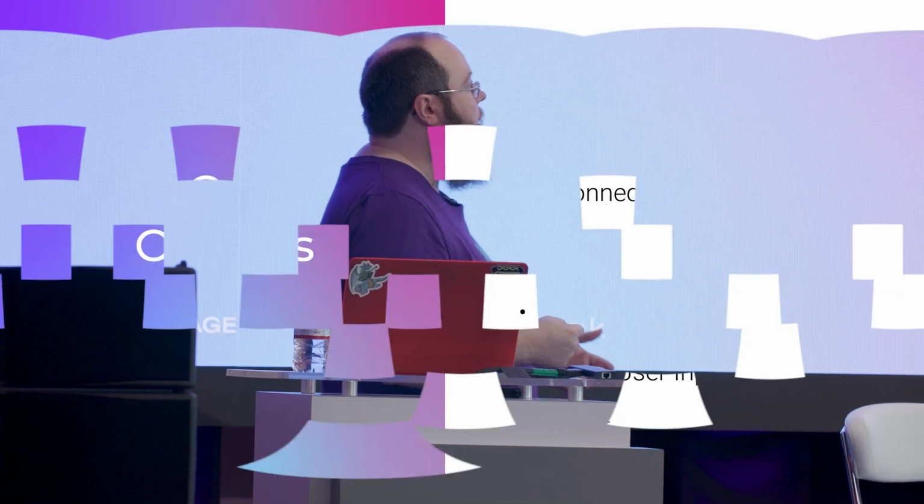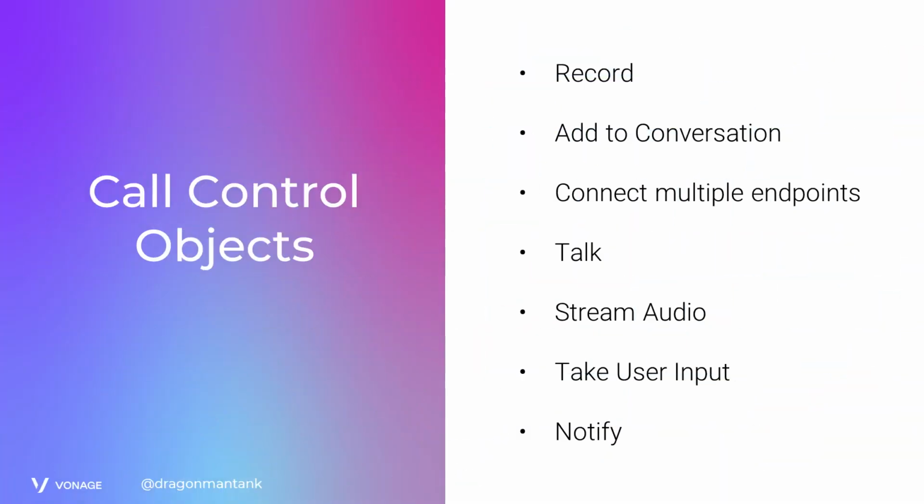So we support WebSockets, other telephone numbers. We also support mobile devices. So if a user is logged into your mobile application, as a user, we can actually tell the voice API, contact that mobile app. Even if you're making a telephone call in, you can bridge together a mobile application. The simplest is the talk, which we just showed. We can stream audio back up into the call. So if you want to have your own custom on hold music, or you want to have an interactive voice chat with it, you can take an audio stream, push it back up. We can take user input either via voice or phone pad input.